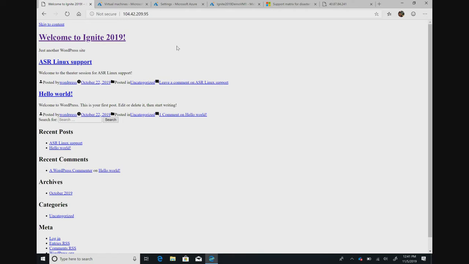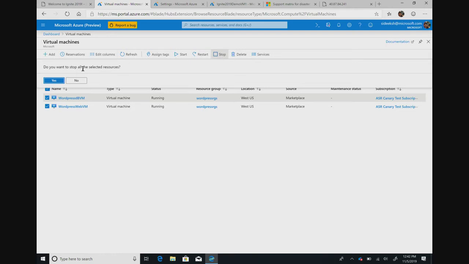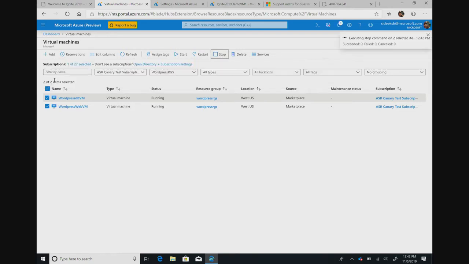Now, what I'm going to do is, on stage, try to mimic an outage. I'm going to do that by going to the individual virtual machines and shutting them down. I'm going to pick both the VMs which are hosting this application and stop those VMs. Hopefully, in a few seconds, you will see that this application will be down.